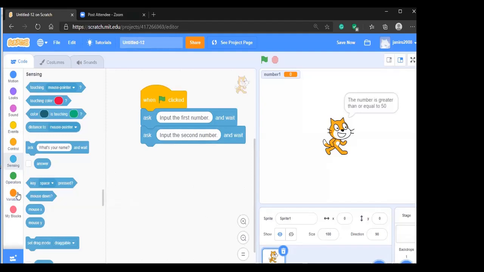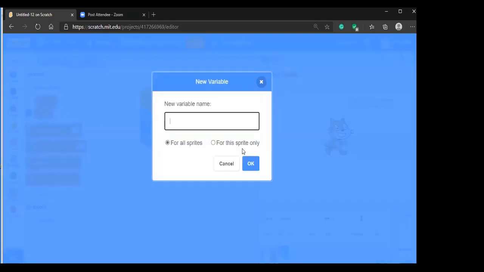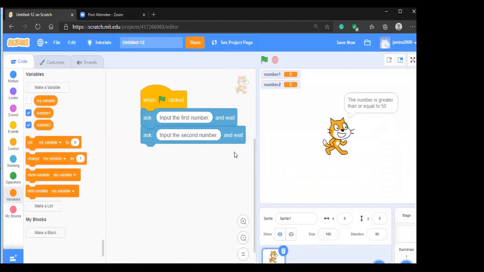So we go to the variable section and we create a variable. I have already created one variable, number one. I will create another variable, say number two. So now I have two variables: one is number one and the second one is number two.